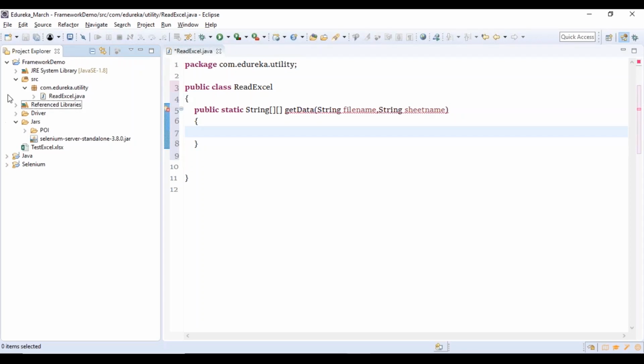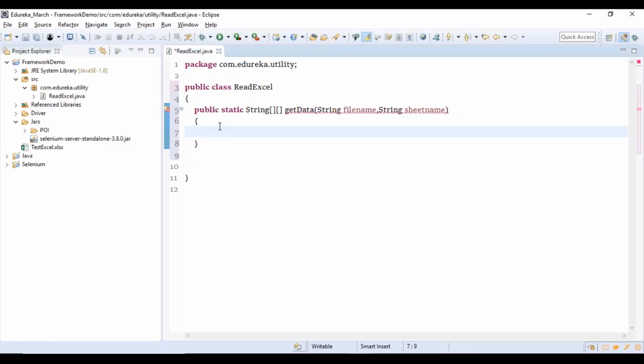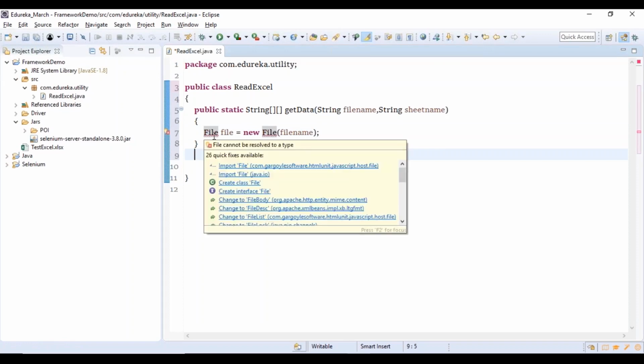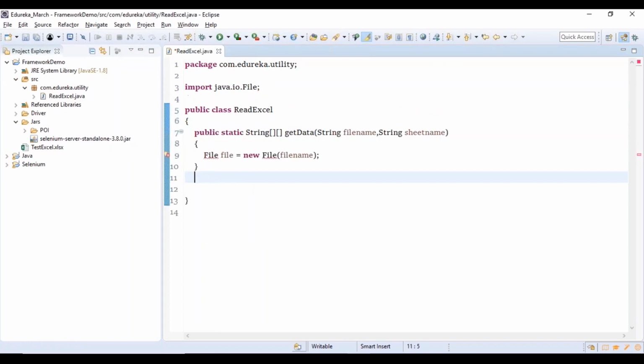The first thing that we are going to do is create an object of type File, which is going to take the path of your file. Where is the file path coming from? The file path is coming from your argument list, correct? So now import File from the java.io package.